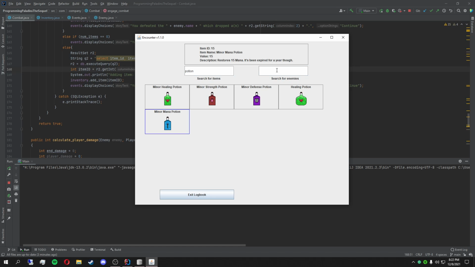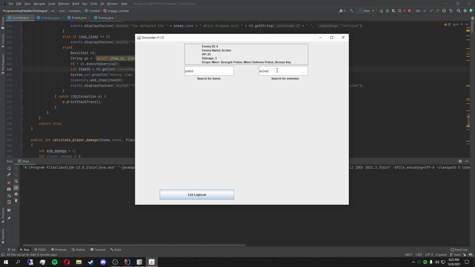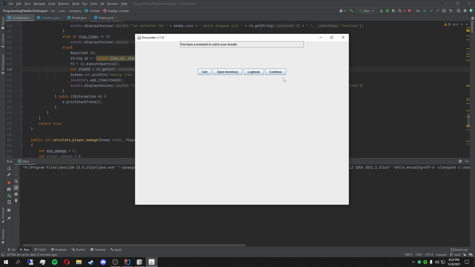If I want to search for an enemy, say the archer, it'll tell me all the information about the archer: how much damage it does, HP, what number it is, and the information based on what kind of items it drops. So that's called the logbook. You can experiment with that yourself if you're so inclined. To go back into the main thing, the items in the inventory are pulled from the database as well,